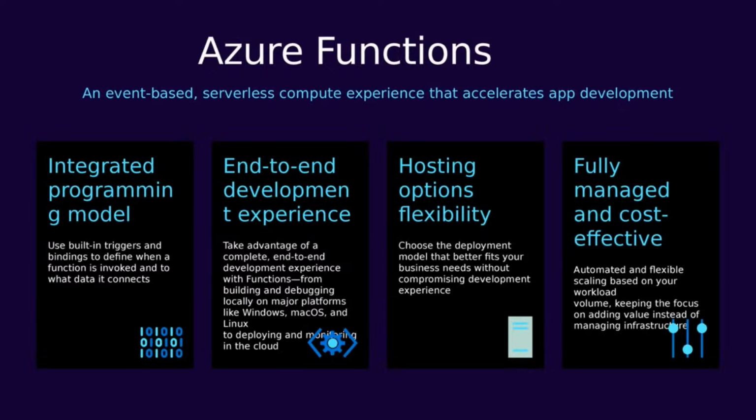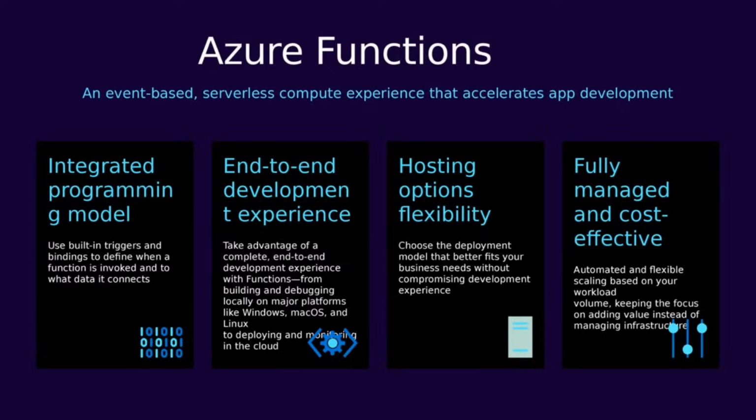The first is what we call the integrated programming model. What we're really trying to enable for our developers inside of organizations is to easily interact with all these external services. You might be using Event Hubs or storage queues, you might be using blobs, you might be using Kafka, whatever kind of external system you're using to capture events. Our integrated programming model allows you to listen to those different services, automatically get those events for you, and then hand them into your code so you can just process the business logic.